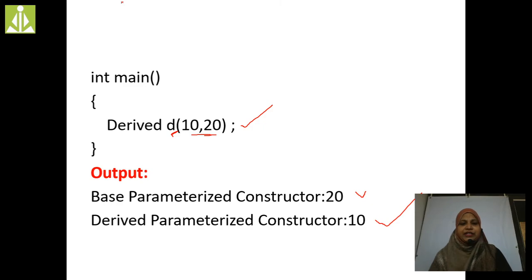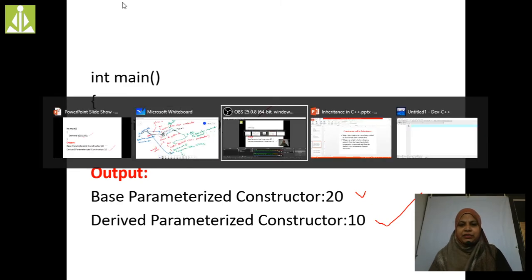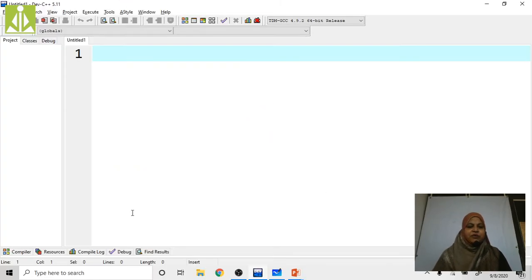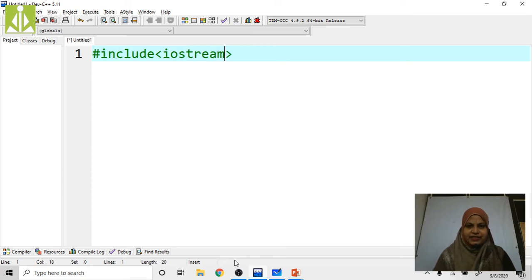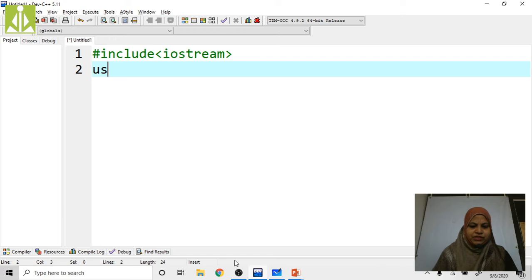Now I am going to execute this program by using C++. How are we going to execute this one? What is the first statement? Hash include iostream, right? Hash include iostream, using namespace std.